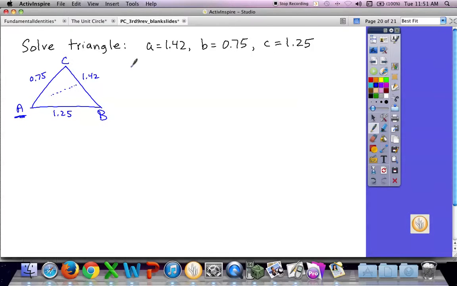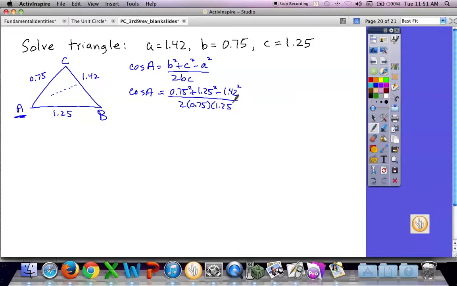So let me set up the law of cosines. Cosine of A equals B squared plus C squared minus A squared over 2BC. Cosine of A equals 0.75 squared plus 1.25 squared minus 1.42 squared divided by 2 times 0.75 times 1.25. So the cosine of A equals,